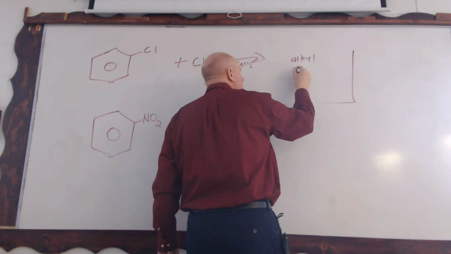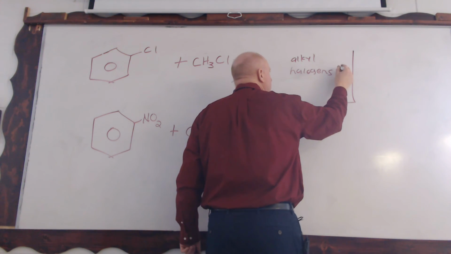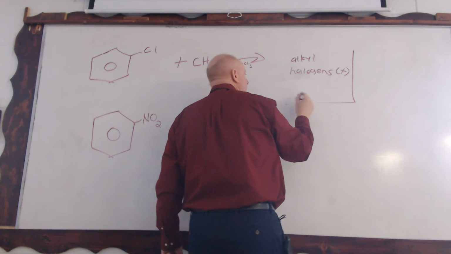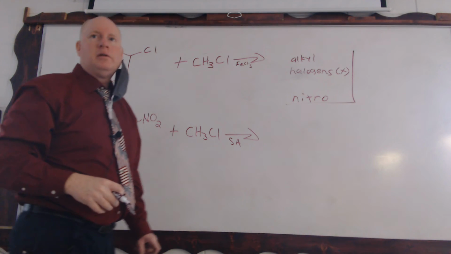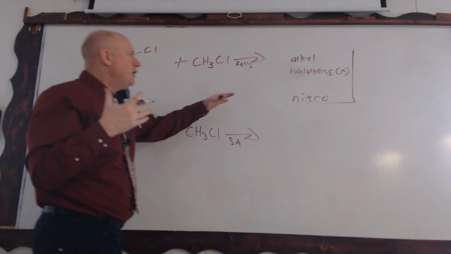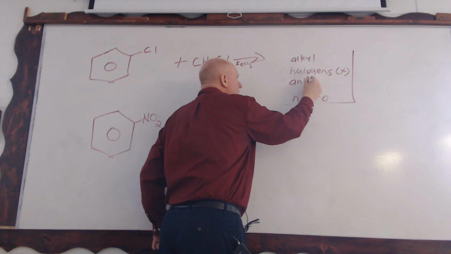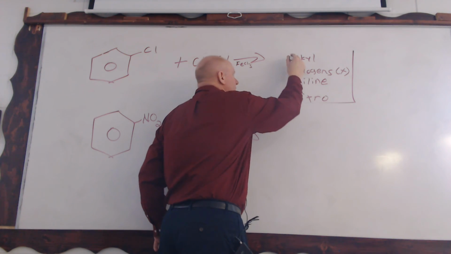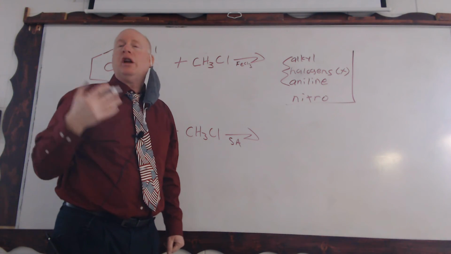alkyl groups, halogens, and it's got the letter X there. And on the very bottom, doesn't it say something about nitro group? Okay, so that's what I mean. That's something that we have gone over. And the top three, and I think aniline was in here too. These top three will direct whatever it is you're adding on to in two spots.